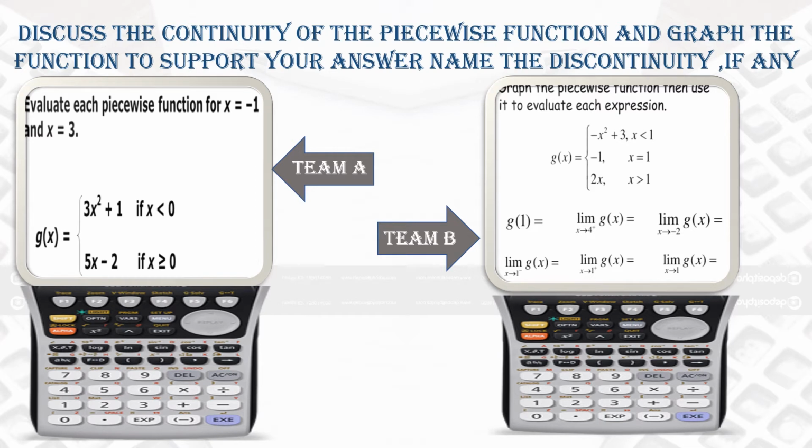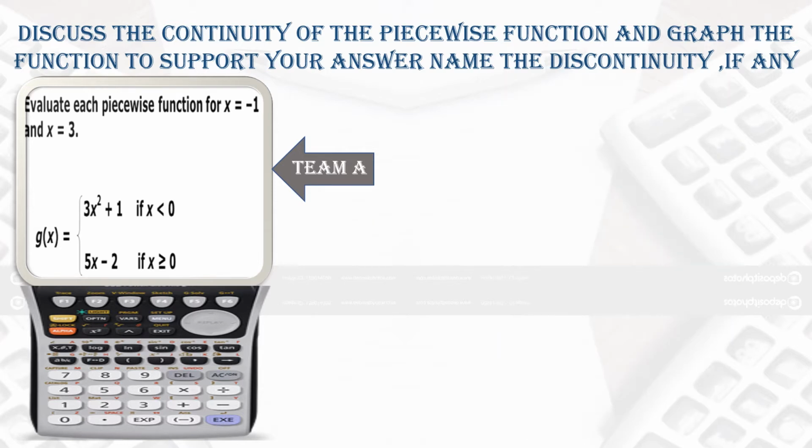Now let's solve the question about continuity, in which you have to discuss the continuity of the piecewise function. Now look at the first question. Evaluate each piecewise function for x equals -1 and x equals 3. It means that you have to tell whether, at x equals -1 and x equals 3, the function is continuous or not. Not only this, according to the question, the conditions are given,